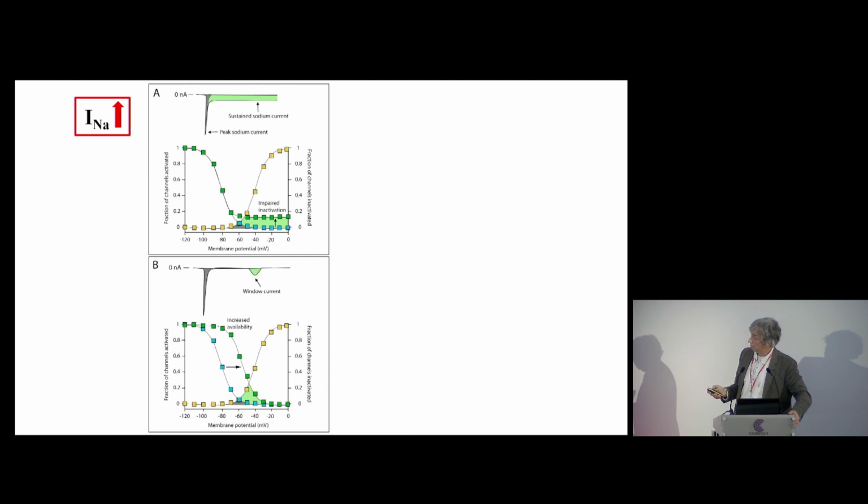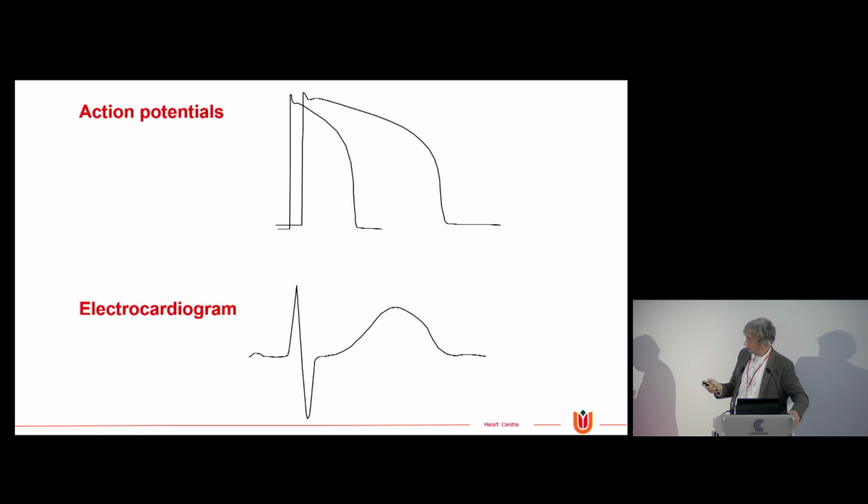Essentially, it comes down to that you need a window current, so extra current either during the whole plateau phase or during a particular part of the plateau phase. So changes in kinetics of the sodium channel lead to an increased sodium current, and they are responsible for a gain of function. And a gain of function, if you have the ST segment here, in a simplistic way,